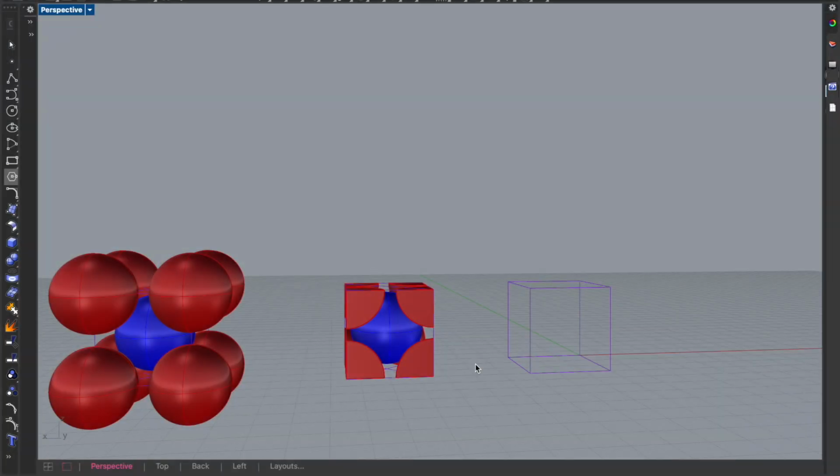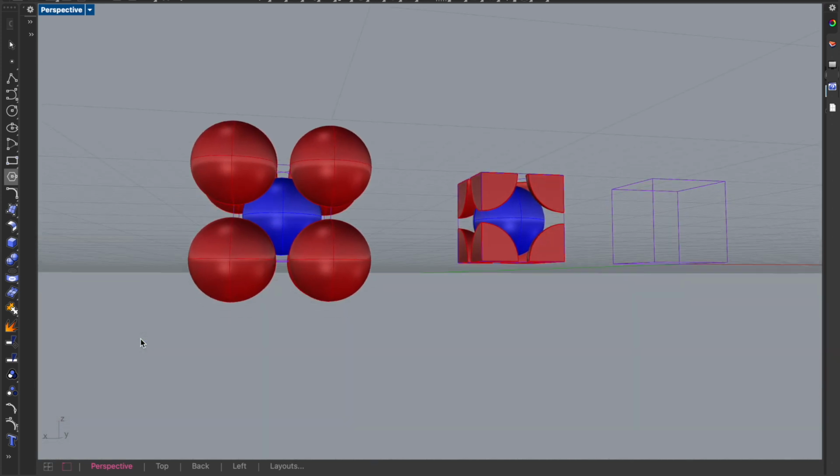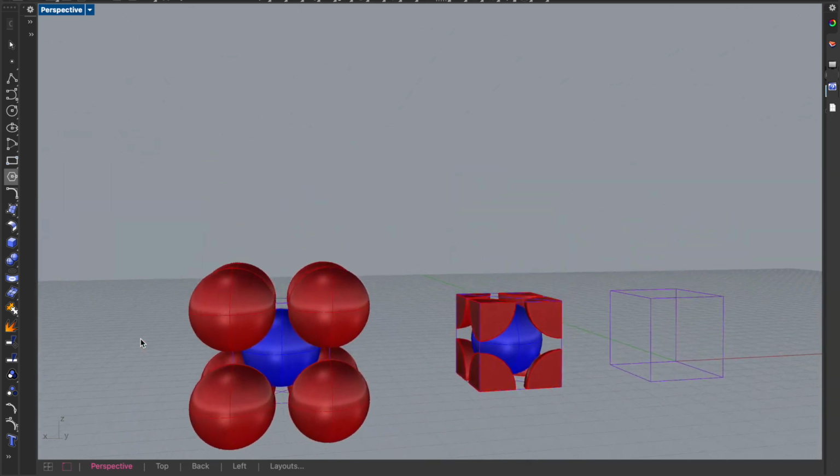Let's take a closer look at the body-centered cubic structure with this 3D model. As mentioned earlier, in a BCC structure, each atom is surrounded by 8 neighboring atoms, as you can see here, forming a cube. What's unique about this structure is the additional atom positioned right at the center of the cube, hence the term body center. The central atom adds stability to the structure and influences various material properties. Now, as we rotate the model here,